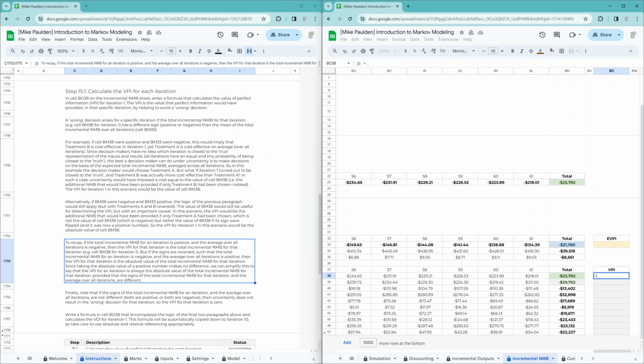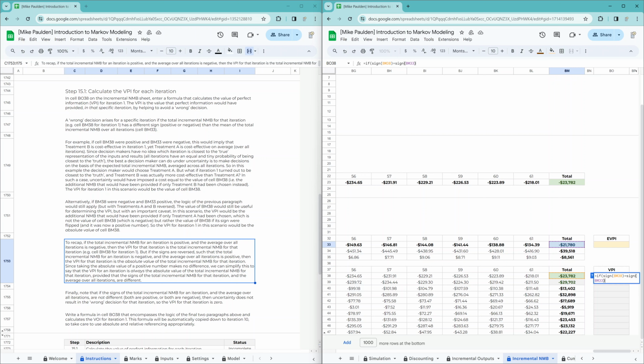So there's a sign function that might be helpful, and the if statement, the if function. So let's say equals IF the SIGN, and you can see SIGN there, sign of the provided number, it's either positive, negative, or 0. If the sign of this cell here, and I'm going to close the bracket, so that is positive or negative, right? It's very unlikely to be 0, equals the sign of this one here, right? So BM33. So if those two signs are equal,